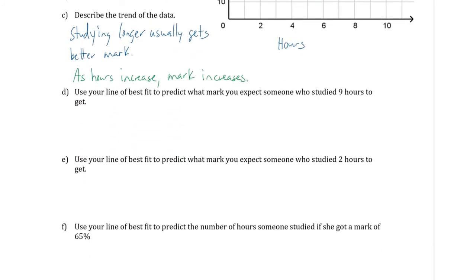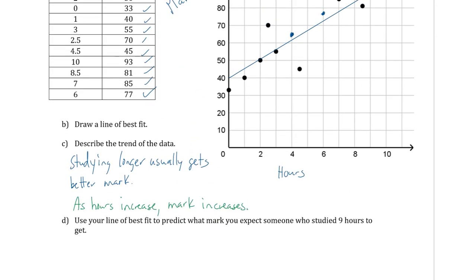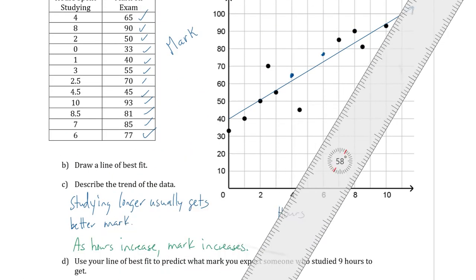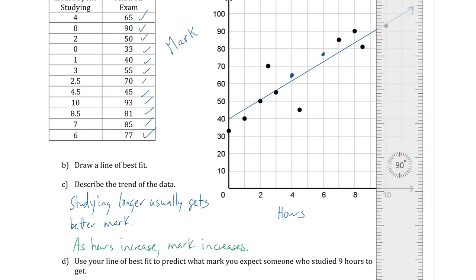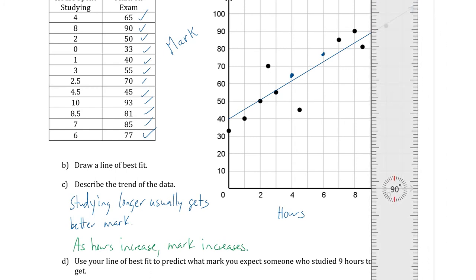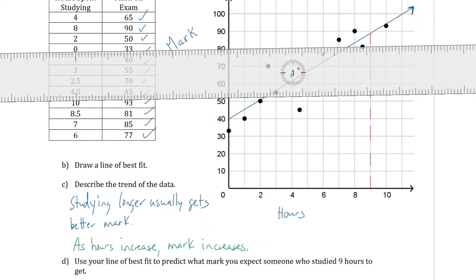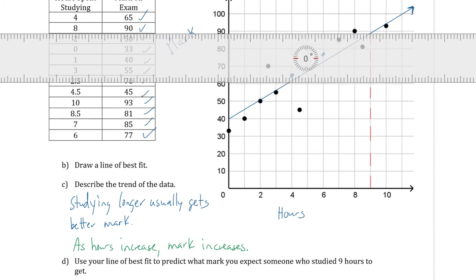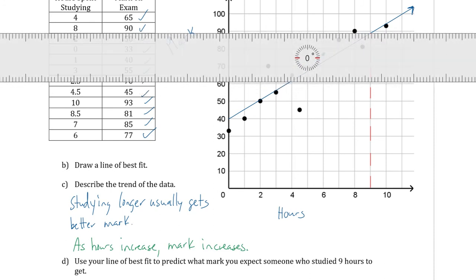Use your line of best fit to predict what mark you would expect someone who studied 9 hours to get. So what I do is I take my ruler, I don't just eyeball it, I take my ruler, I make sure it's straight, I go to 9. Okay, use a different color so it stands out, and I usually do a dotted line. You don't have to do a different color, you can just use your pencil. But I just want to make sure that my line is straight, and then I want to make sure that it's meeting on the line,